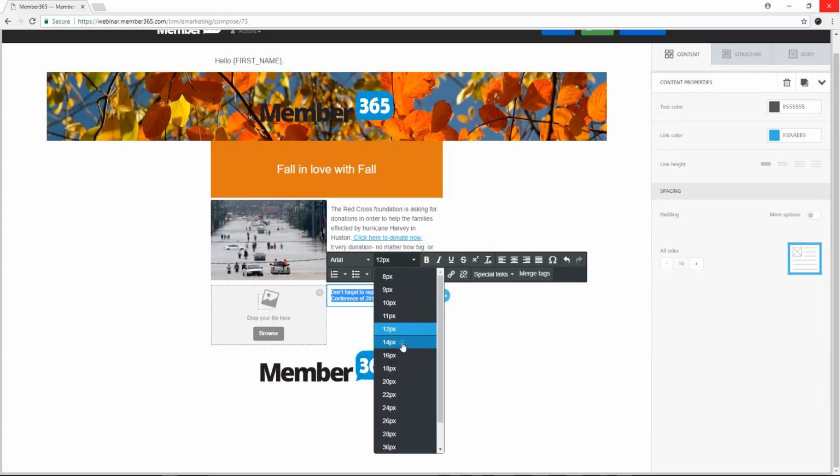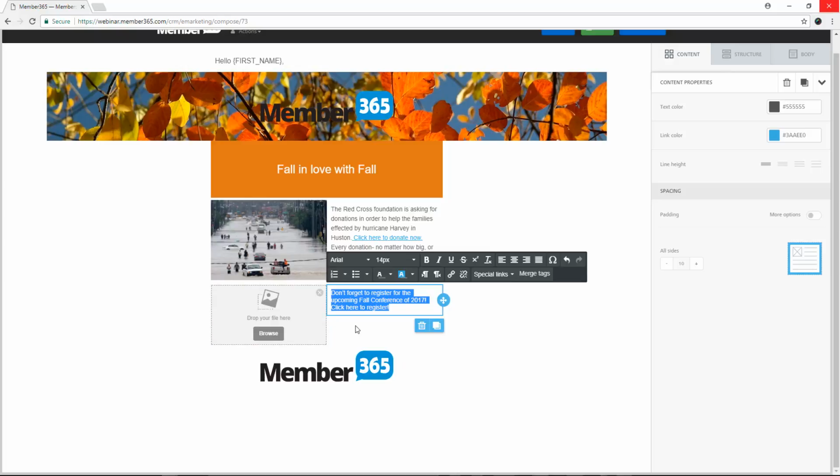Everything's right at your fingertips, which is great for this. You don't have to go far. The text box always populates. You can change on the side here. You'll see text color, link color. If you have a specific color for your organization, like I'm using Member365 blue, for example,